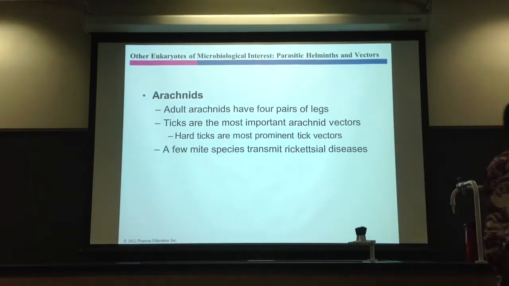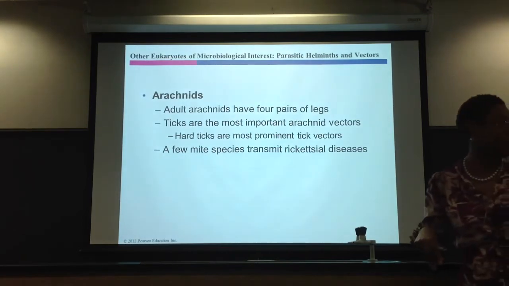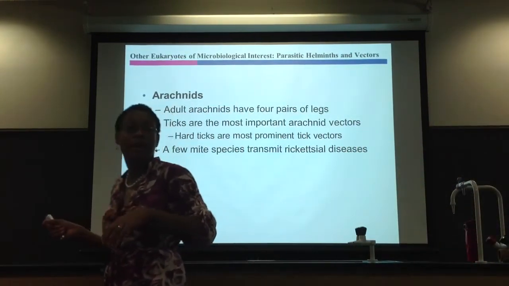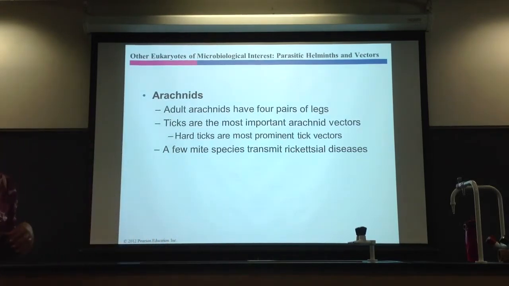Hard ticks basically hang out on grasses, and if you're taking a walk in the woods, they're on the grass, and they literally wait for you to walk by. They sense your heat. When they sense that heat, either from an animal or from you, they jump from the grass onto your body. Literally, jump onto you, and they latch onto you. And if you don't find them and get them off, they'll start sucking your blood. And when they suck your blood, they fill up with blood. They get really, really big.